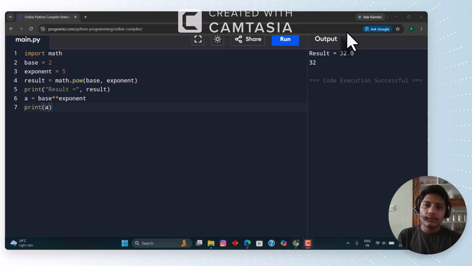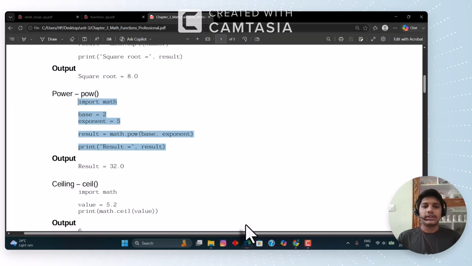So if you want to print for power, you can go with this function, math.pow of, here you have to give the base, here you have to give the exponent. Make sure you give the base and exponent like that. And after that,